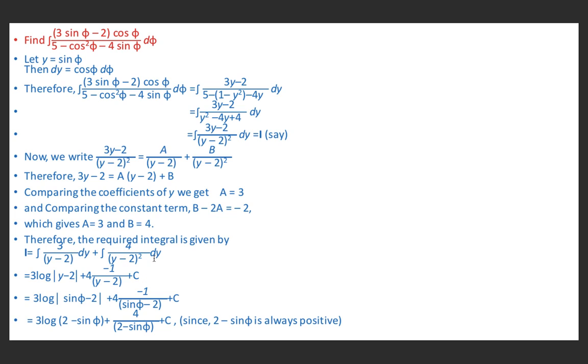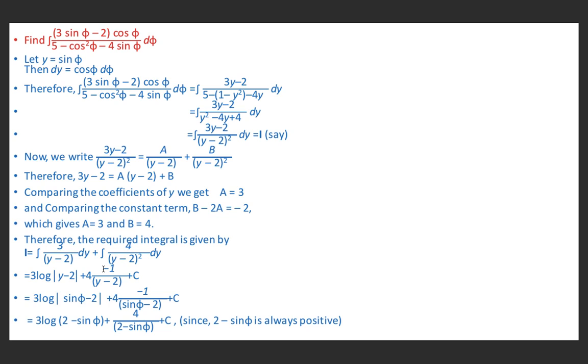Always remember the integration of x raised to power n is x raised to power n plus 1 upon n plus 1. Here the power was minus 2. If you take it up, shift it to the numerator, the power is y minus 2 raised to power minus 2. So minus 2 plus 1 upon minus 2 plus 1. Above you have minus 1, below you have minus 1. So minus 1 upon y minus 2.